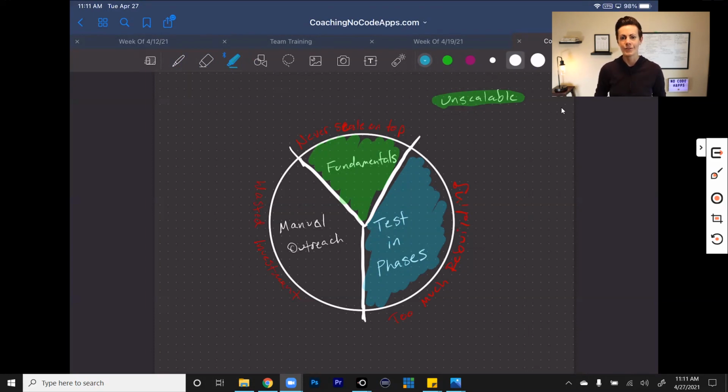You're doing something brand new and trying to step into a new space, learn new skills, build a new product, and launch it at a point where you think it's perfect and completely ready. It's a lot, and it can lead to a lot of burnout. Okay, and it can just lead to way too much guessing, and none of that is going to help you scale in the long term. All right. Testing in phases, launching in phases, right? It can feel unscalable in the beginning because it feels like a longer process. But in reality, you're just setting yourself up for much more streamlined and smooth scalability later on.